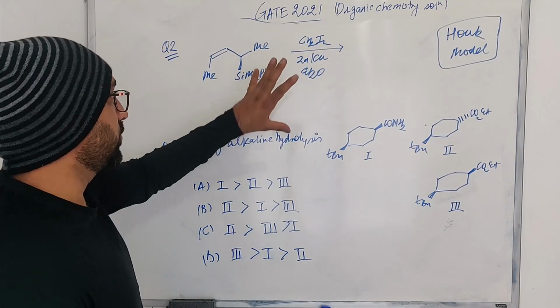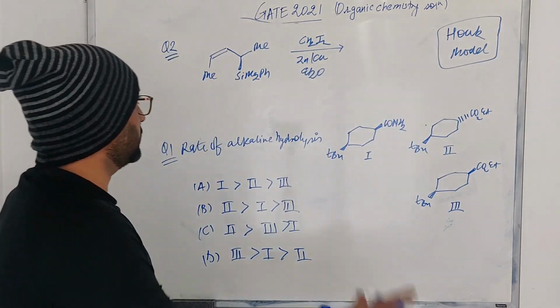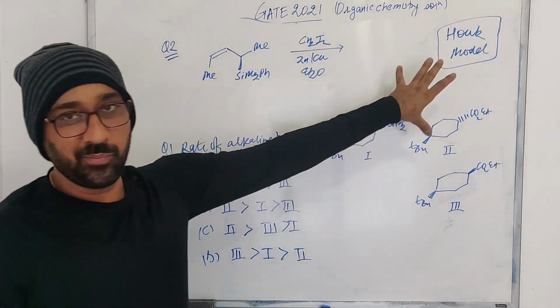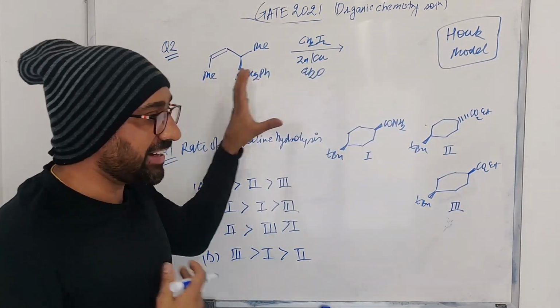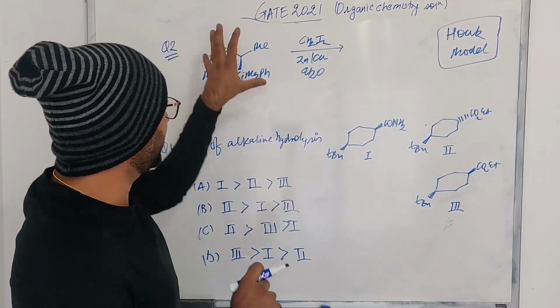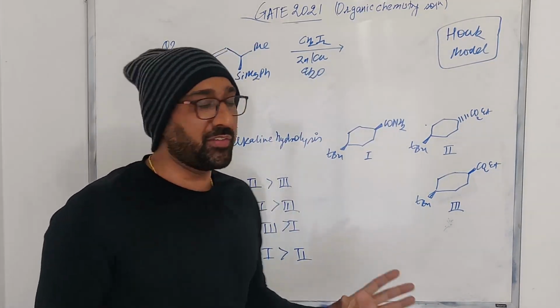Now let us look at the last two problems that were asked from the organic chemistry part. So here what we have is this alkene, and I have clearly made a video, and in fact this particular problem is based on the Houk model. Again इसका link description में है. This is exactly what I have explained in my video.